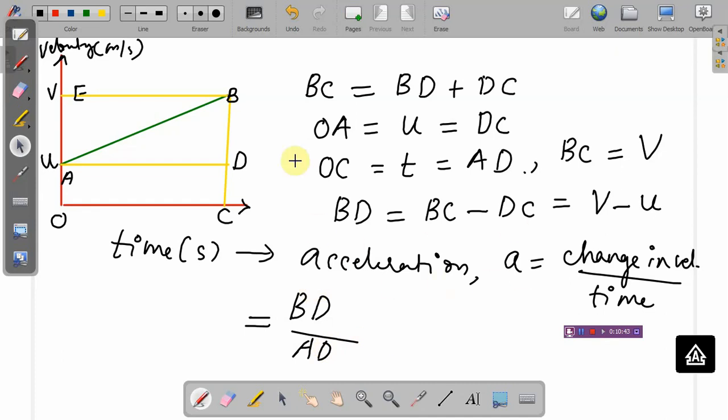Here I have taken the slope of the graph, that is change in velocity upon time. So this represents the parameter on the y-axis and this represents the parameter on the x-axis, right? So BD upon AD, which is equivalent to V minus U upon OC, right? V minus U upon AD, and OC both are time. So I can write it as V minus U upon T, right? So I have got the first equation of motion, which is